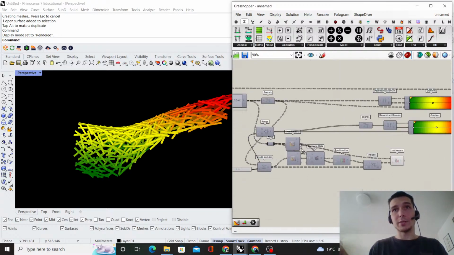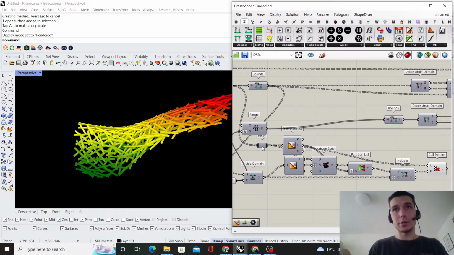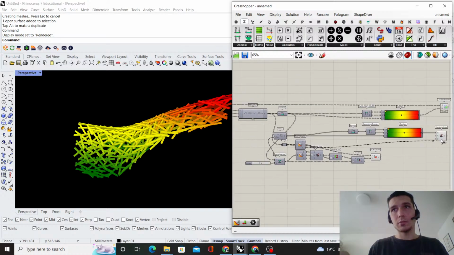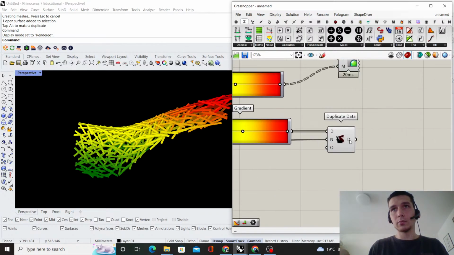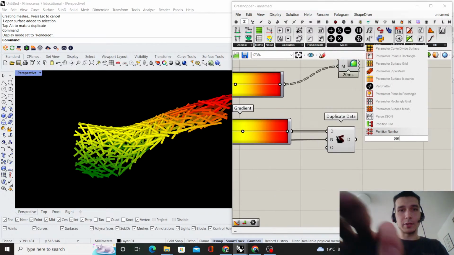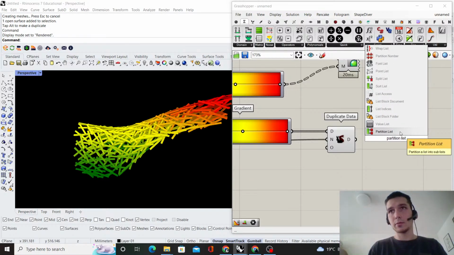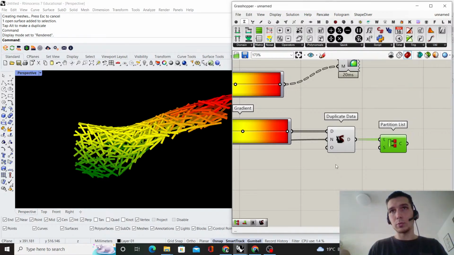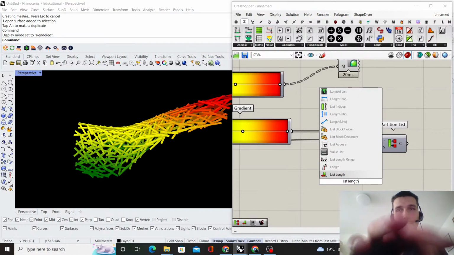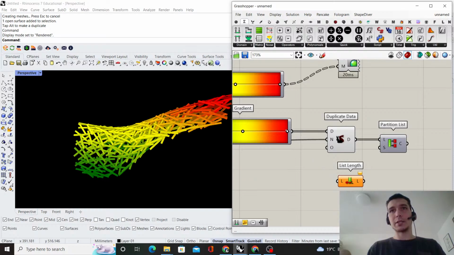We duplicate it twice because we have 2 layers, right? So again we take the count, connect it here, and then we go for the partition list, and we take the list length. Why do we do it in such a complicated way instead of just flattening everything and